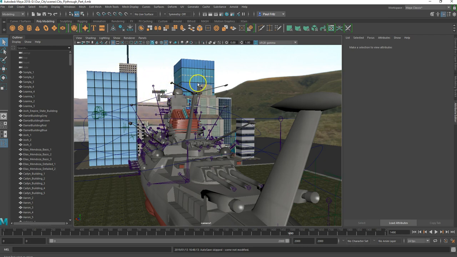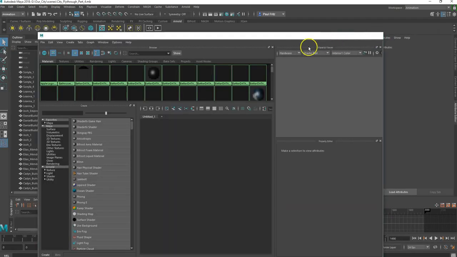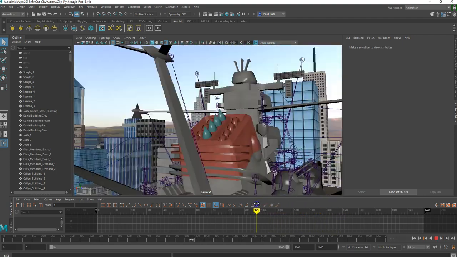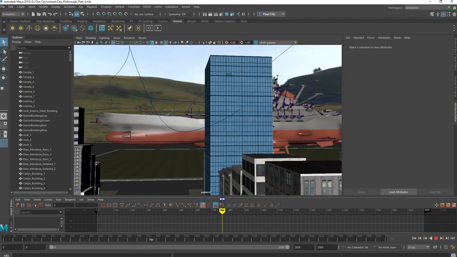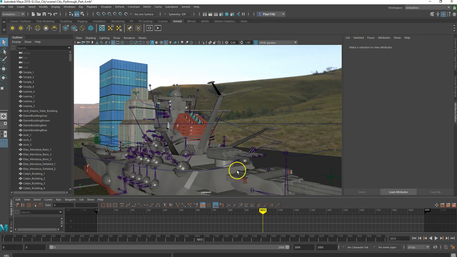Okay, so our settings. Right now we're in modeling, and we were previously probably in the animation mode here. Give it a second. My hypershade always comes up. We're going to get rid of that. All right, so now you can see that we have all of this set up. And what we've done is we've gone through and rendered only a few of the frames. We basically used the two cameras that we've set up, both the point camera and the regular camera, and used those images. We're going to use those frames and decide what we actually want to render, because both of these are quite lengthy. I think I have about 2,000 frames on both camera